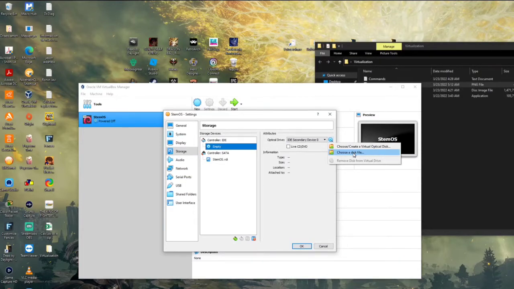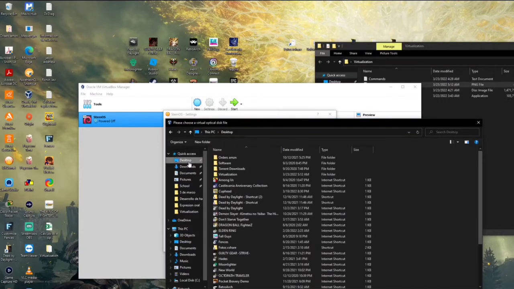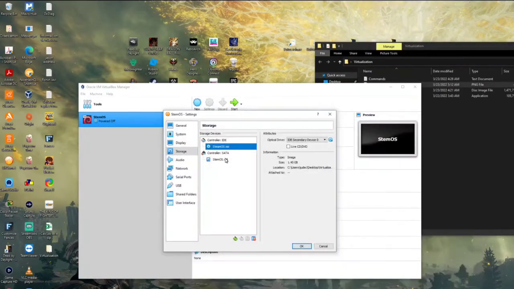You're gonna go ahead and just click on the option that says choose a disk file. We're gonna go to the folder where we have the virtualization, and in my case, I'm gonna select the option that says Steam OS. We're gonna select it, and then once we select it,